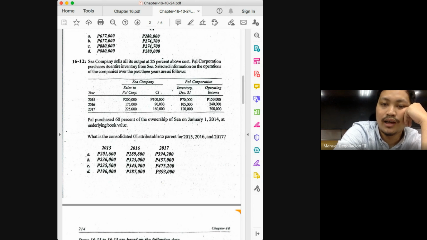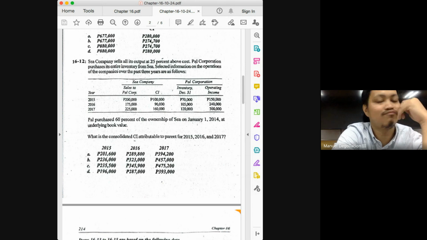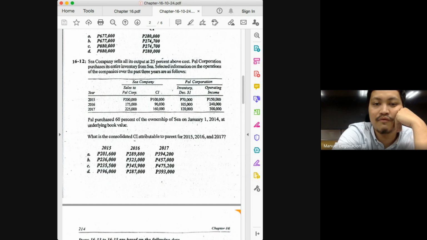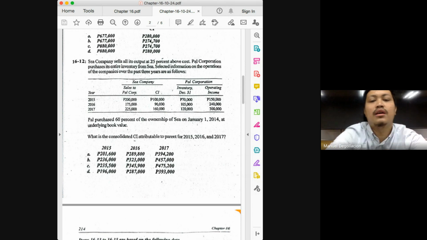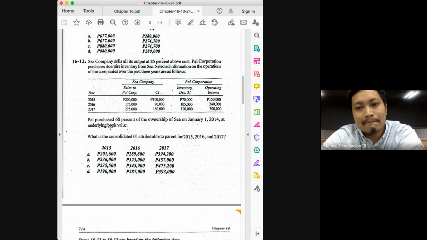457,000. Okay, and then deduct the share of the NCI in the adjusted income of the subsidiary. Okay, so how much was it, class? 157. 157 times 40% will give you how much? So 62,800 deducted from 457,000 will give you how much? 394,200. So this can actually be converted into 6 questions. And again, it's not even that difficult.